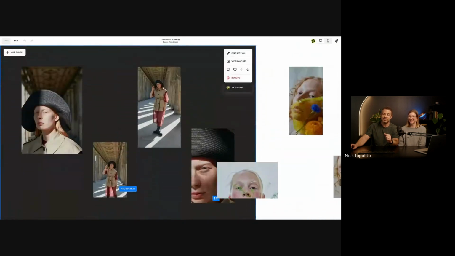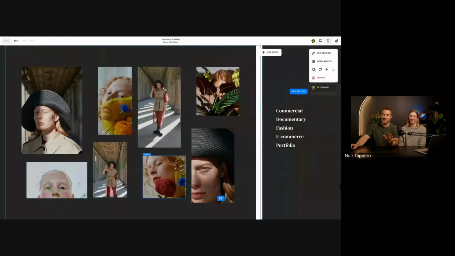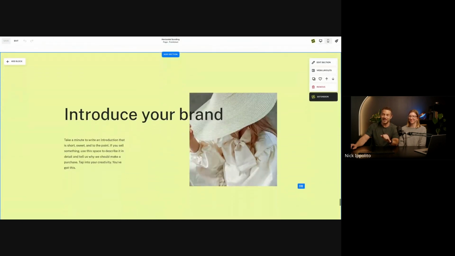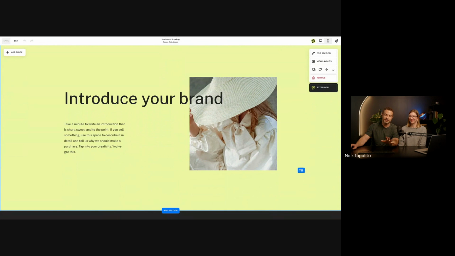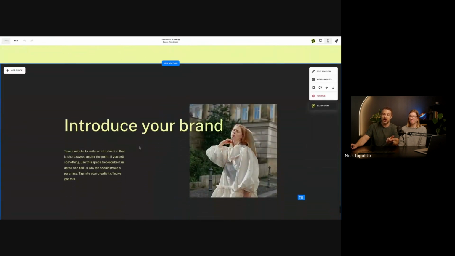Is a thing called fixed scrolling, which I'm going to show you all the cool stuff. There's so many things that you can do with Squarekicker. It's crazy. But I have 2 sections here, and I'm going to use a feature called fixed scrolling. And so you make both sections almost identical, but you change a couple elements like the color and the image. And so I've got the same background, or sorry, same content, same text lined up exactly.